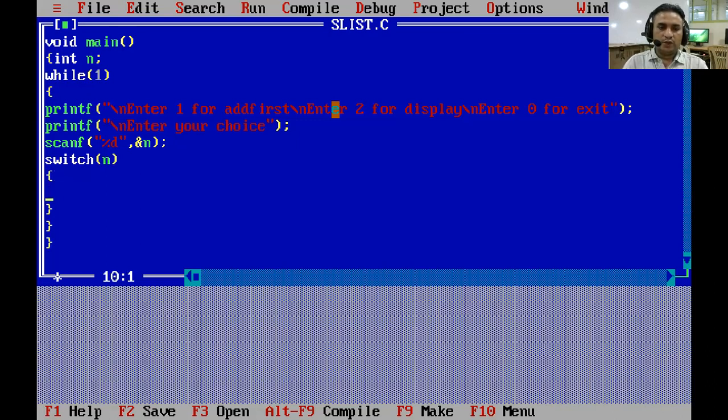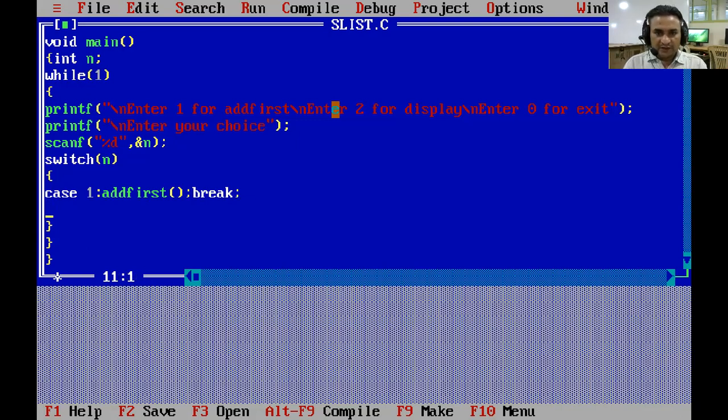If the user presses 1, we have to write case 1. In case 1 we have to write logic for adding a new node at the first position. So I have to call a user defined function, add first. Add first is a user defined function, and use a break statement so that we can run only case 1.